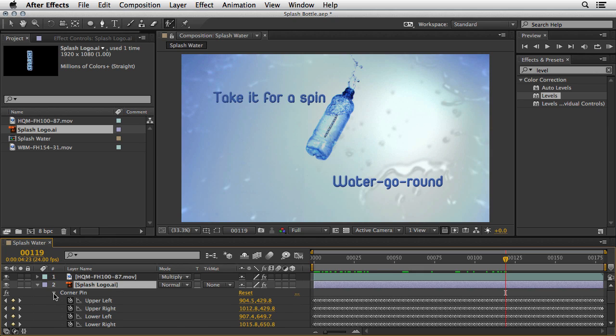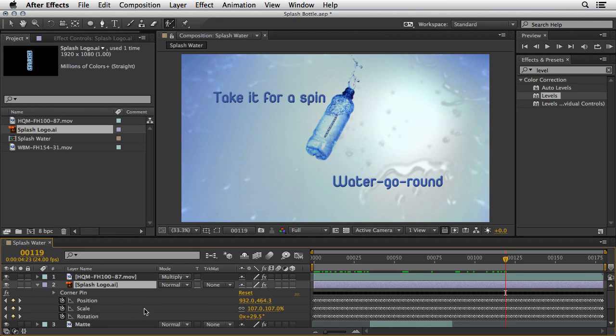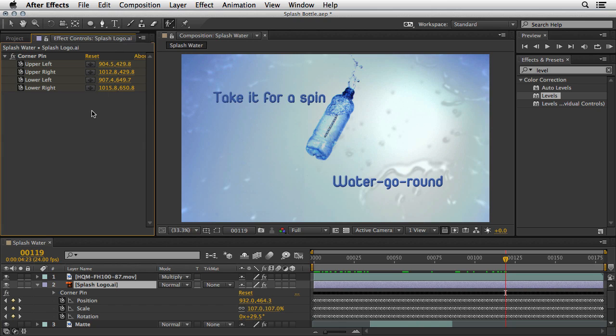However, the result is a little bit twisted, and this is thanks to the scaling information, of course. So we need to fix it somehow. The best way that I found, instead of messing with those keyframes for the actual position, scale, and rotation of the layer itself, is to add another effect before the corner pin takes place. So I'm going to close the triangle over here, and let's go to the effects and presets